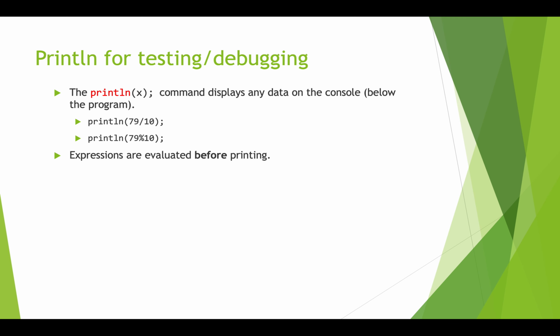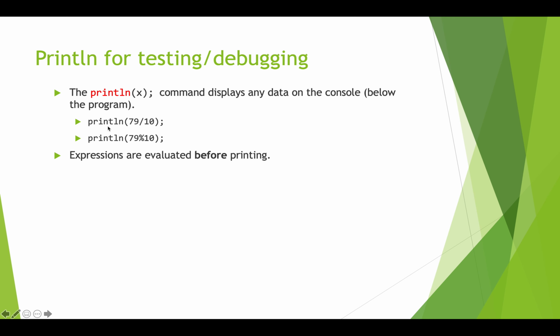All right, one of the things that these types of intricacies can trip you up on when you're programming, and one of the best ways to figure out what's going on when the program isn't behaving as you expect, is to use println for debugging. So that's for finding a bug or a problem in your program. And so if you do something like println x, then Processing will go and find the variable x and print out whatever's inside that variable